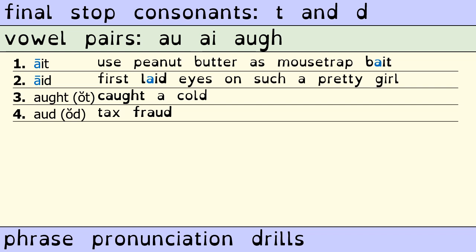Aid. First laid eyes on such a pretty girl. 3. Ought. Caught a cold. 4. Odd. Tax fraud.